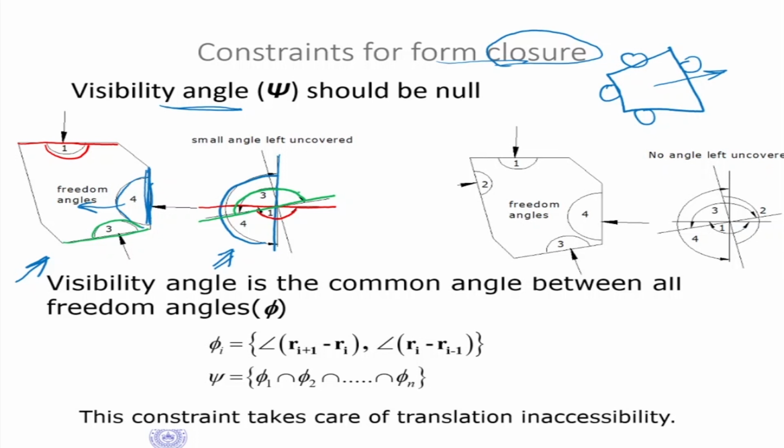Okay, now if you combine all of them, 1, 3 and 4, is there any angle which is left uncovered? We know that total is 360 degrees. So is there some angle which is left uncovered? And that is basically what we see, that this angle here is left uncovered. That means if you place 3 fingers in locations 1, 3 and 4, then the object can still escape in this direction, in this region. That means the object can still go off in this direction. Okay, and you can stop it only by placing one more finger that is shown here.